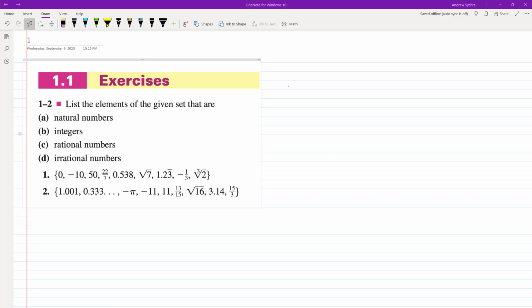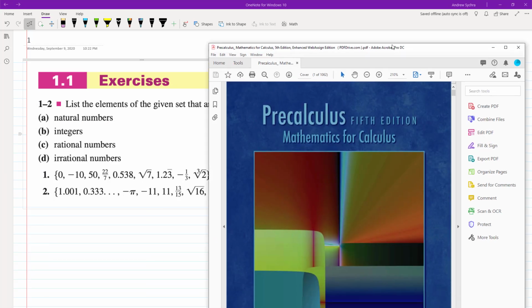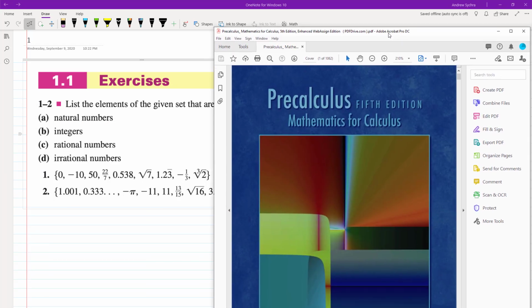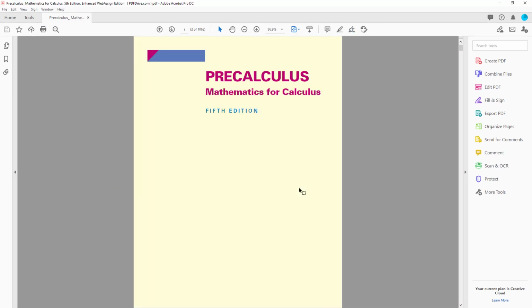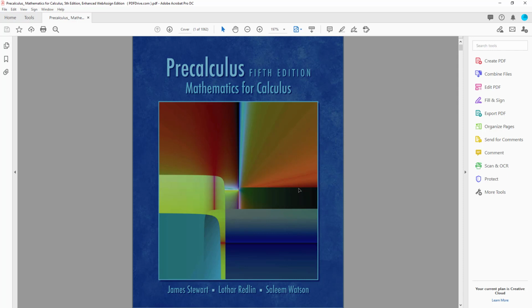All right, starting off with section 1.1. So what's going to happen now is I'm going to do entire sections in books, and I'm going to start off here with Precalculus 5th edition, Mathematics for Calculus. I believe this is the one that's used with,